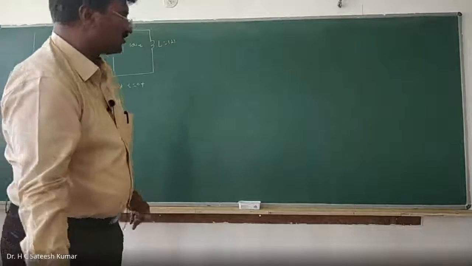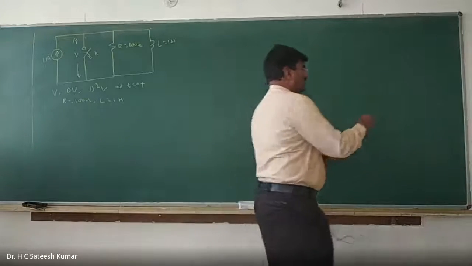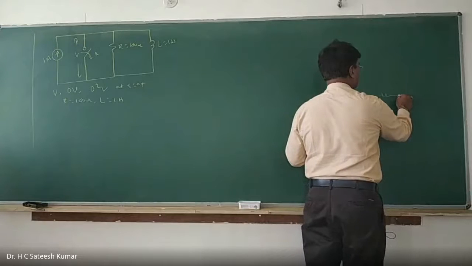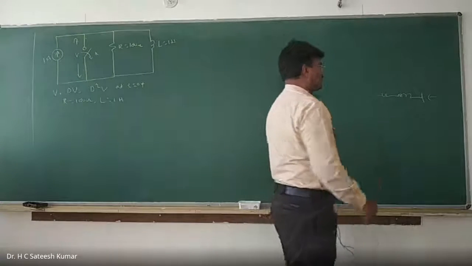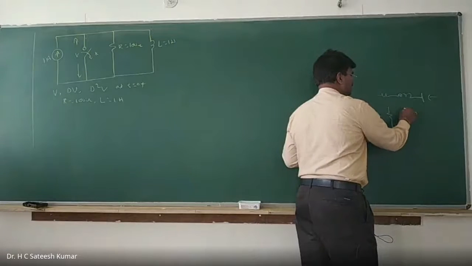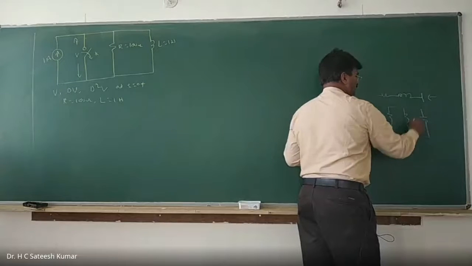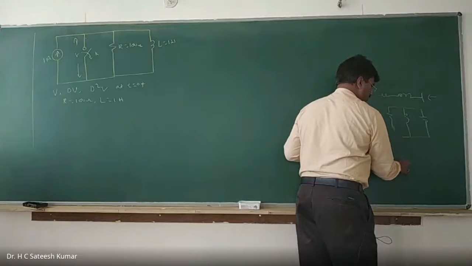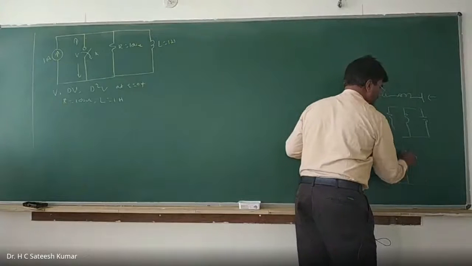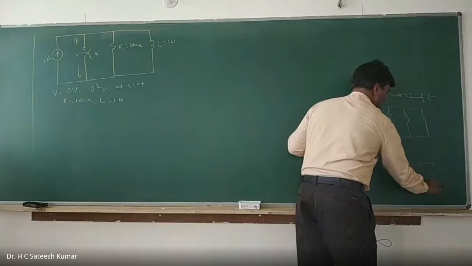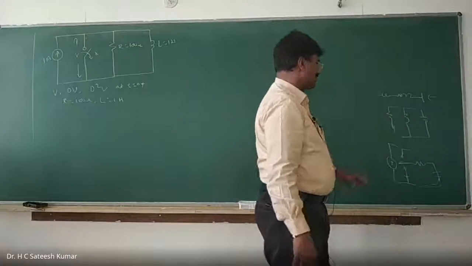This is a parallel combination circuit. See, in this paper, we have 4 kinds of questions you can expect. One is series resistance, capacitance, inductance, one type. Another one is resistance, inductance, capacitance type of circuits. One more is the two-way switches, like whatever I did in the last class, some of the problems. Like this, we have one capacitor, something like this, here one inductor. This kind of question.